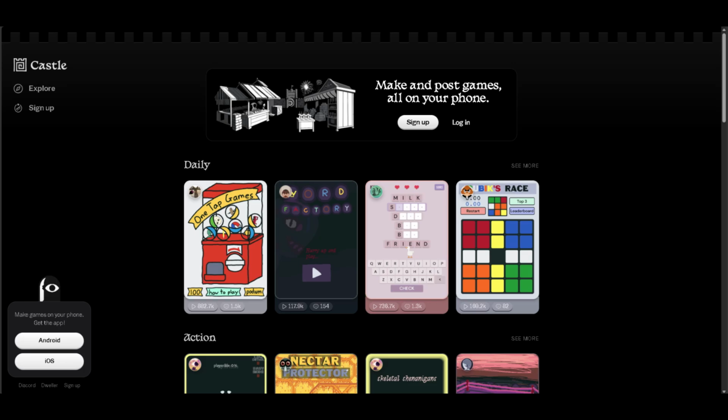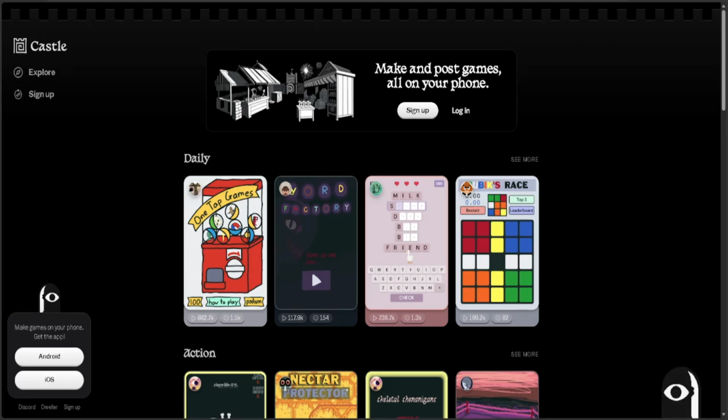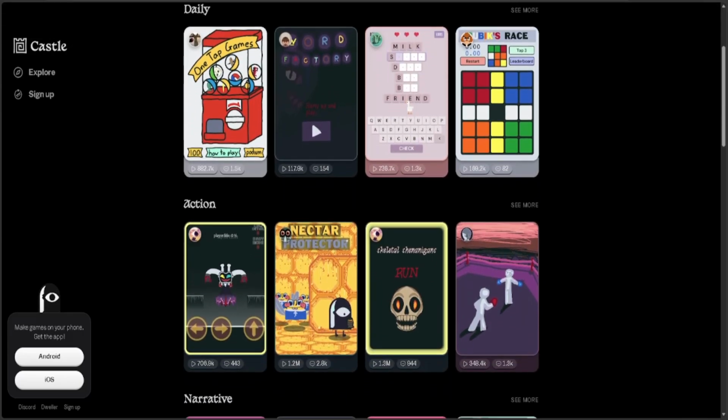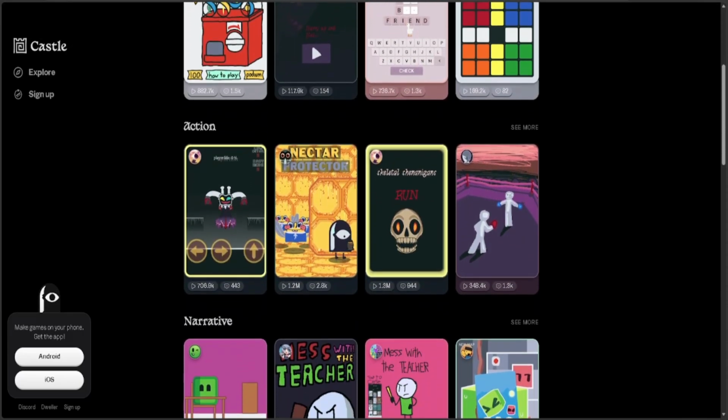In this video, I'll answer the question, can you download the Castle app on a laptop? The short answer is yes, but it depends on whether an official PC version is available or if you need an Android emulator. First, check whether the Castle app offers an official version for Windows or Mac by visiting its official website or trusted download source. If an official desktop version is available, simply download the installer.